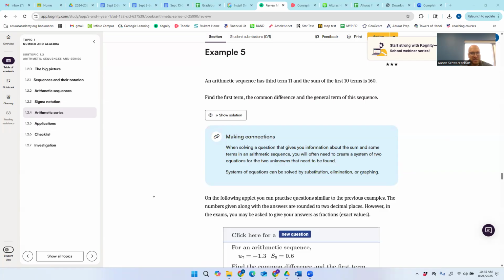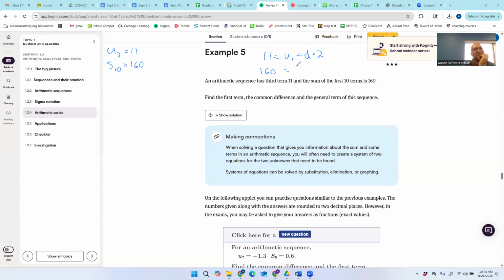Okay, the general term is going to be the formula. Third term is 11. I'm going to start by writing down what they tell me. S10 equals 160. So I know 11 equals U1 plus D times 3 minus 1, or 2, 2D. I also know 160